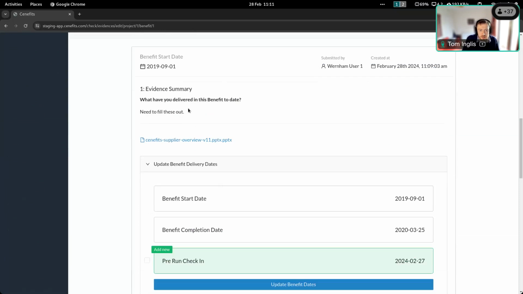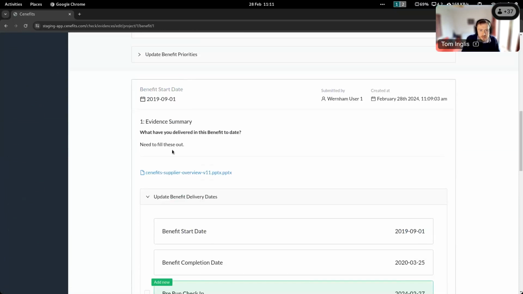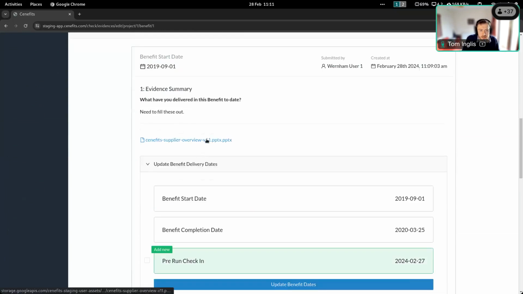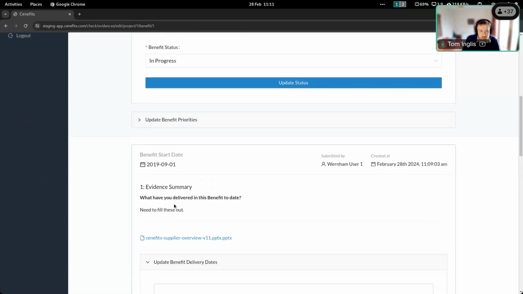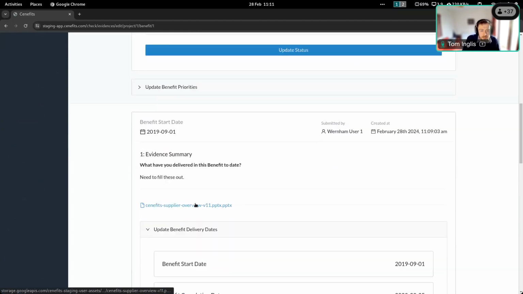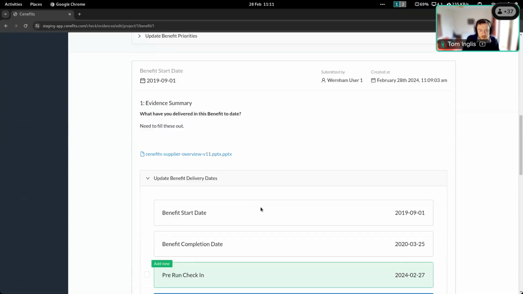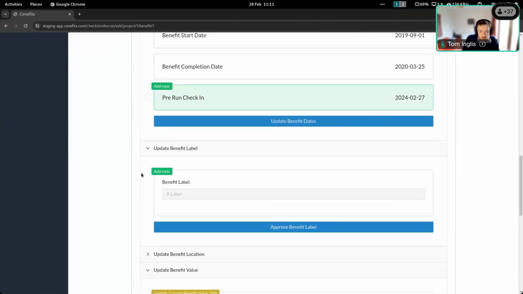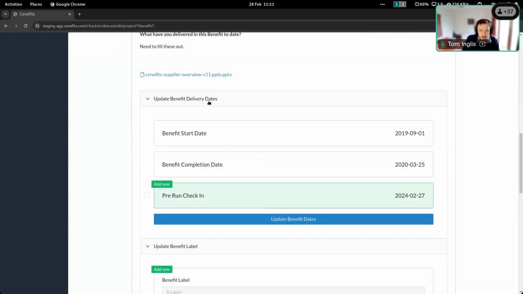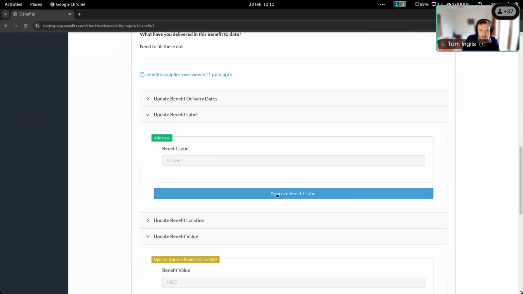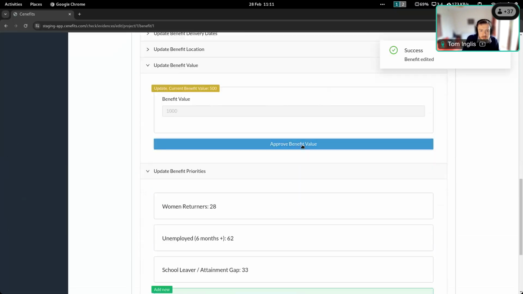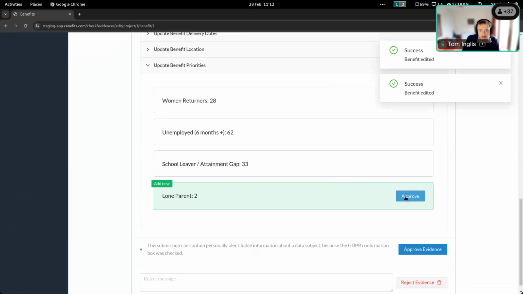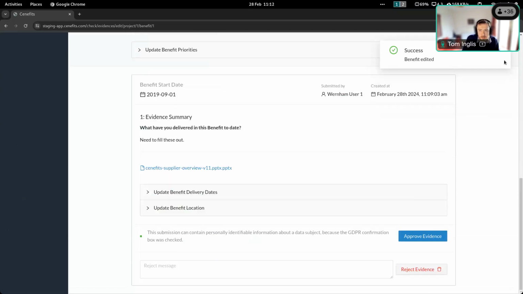Yeah. So essentially, I can see the evidence that's been submitted, the answers that have been submitted. I can look at all the compulsory questions that have been asked. I can go through and read all of those. I can download and have a look at any of the additional files or photos that might have been uploaded. I can agree to any suggested changes. So people suggested a different delivery date, or they've suggested a new label. So I can individually approve these suggestions that have been made, and then the